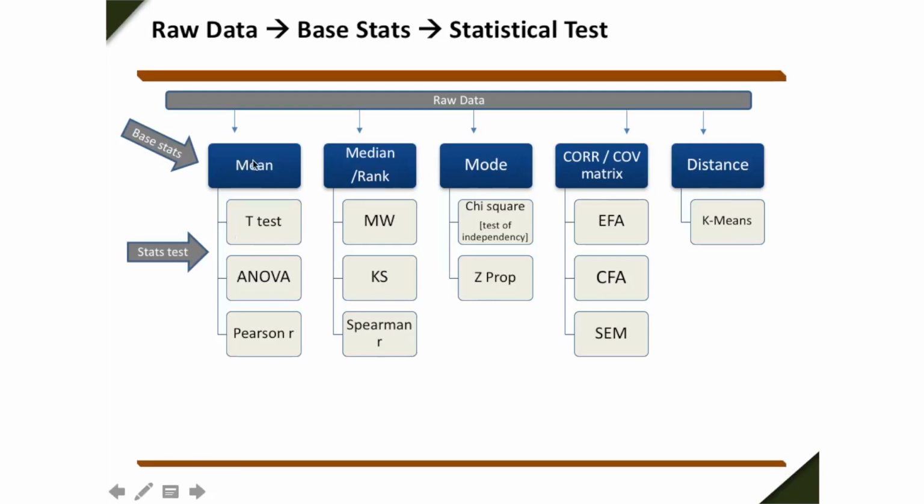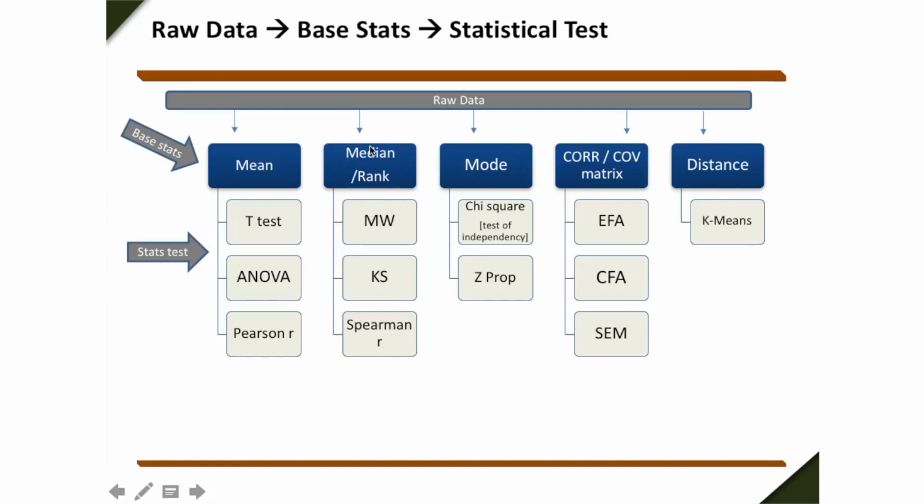The fundamentals of statistics come from these three, which we can call mean, median, mode, or central tendency measures. This is based on what type of scale we are using, or the scale of measurement. Normally, when the scale of measurement is continuous or a measure, we'll go by mean. If the scale of measurement is categorical, then we'll go by mode. When the scale of measurement is categorical in the form of ordinal, then we can go by median-based or